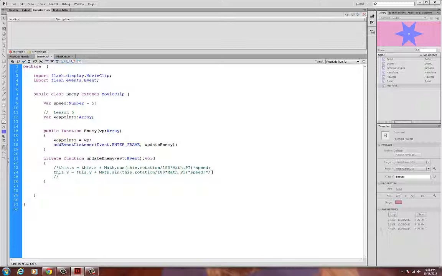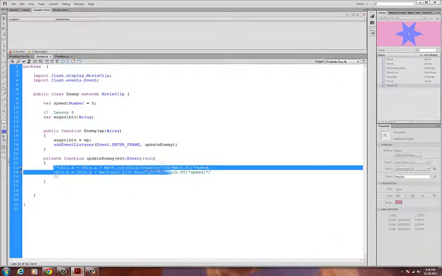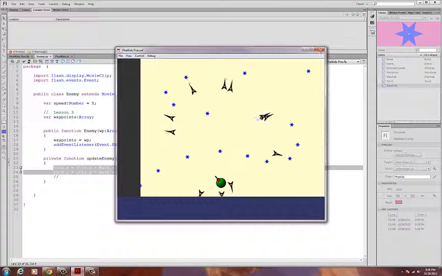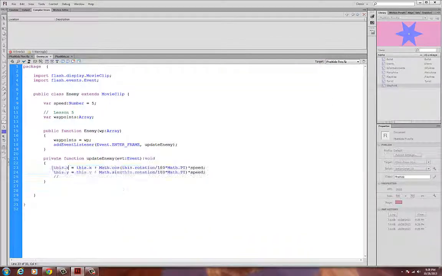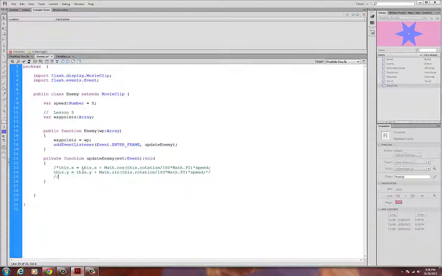So right now, if I were to run the program, it does run, and notice they're not moving anywhere. They don't know where to go. If I uncommented this, they would do exactly what they were doing before. So let's save that, run it. They're doing exactly what they were doing, but now I want them to follow the waypoints. So I'm going to comment this code out, and first of all, I want to get the distance